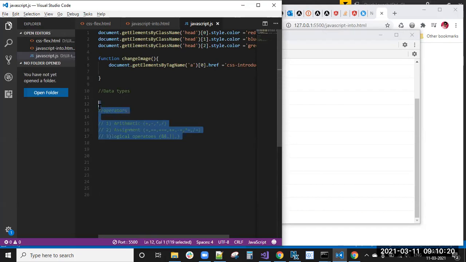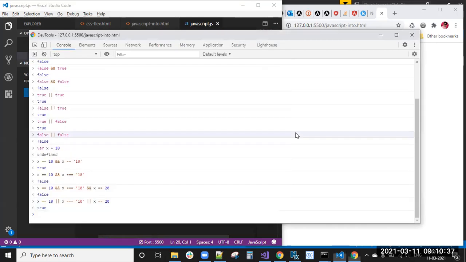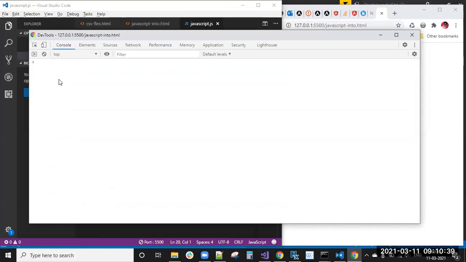So this is about the operators class, JavaScript operators class. So far today we have covered variables: how we can declare a variable, how we can assign a value to that variable, and that you can also declare a number of variables at a time. I have shown you that too.